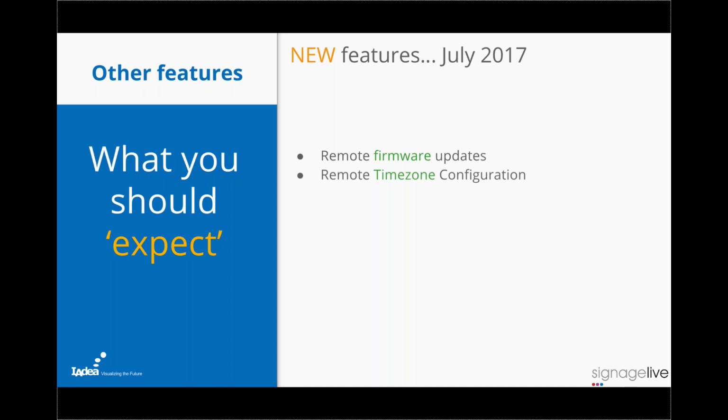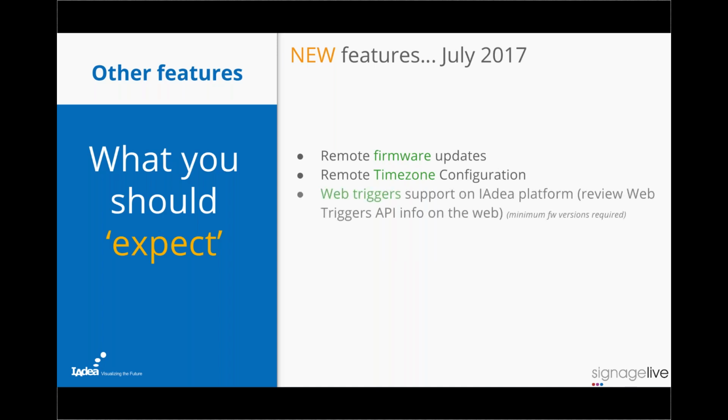The time zone configuration, again, something which is very important, especially when you are looking at global deployments, so I don't need to elaborate on that particular feature. The one thing which I do want to talk about is the web triggers. Some of you will know about this who are on the call,